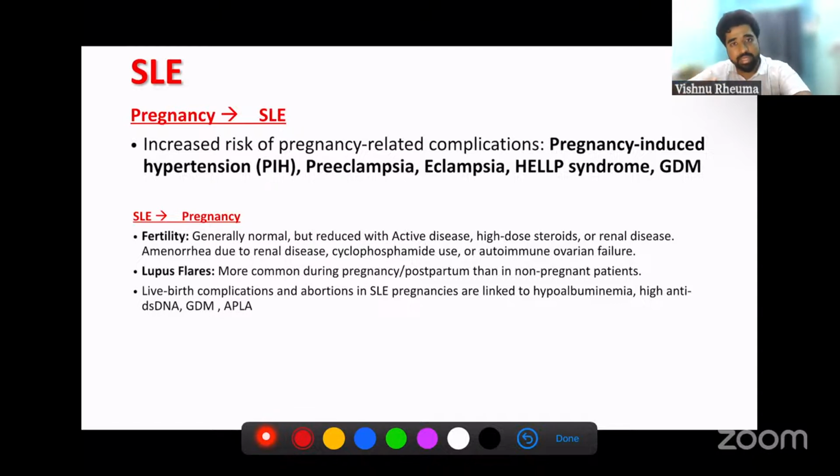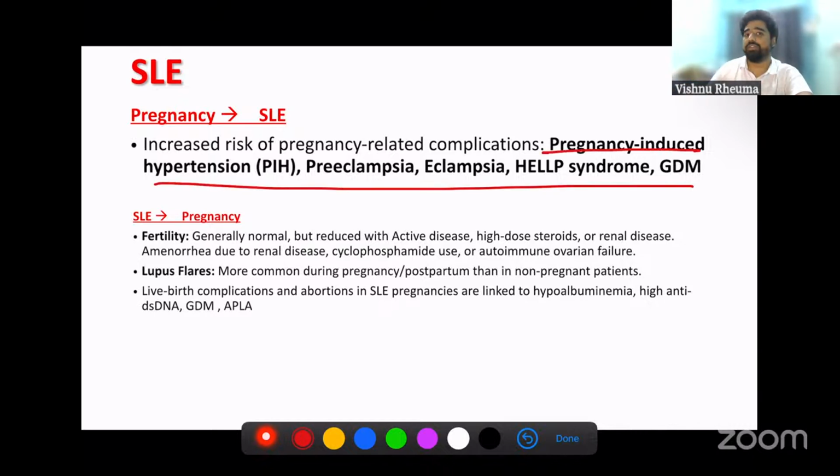So in pregnancy in SLE, there will be an increased risk of pregnancy related complications, like all of those hypertensive complications that I told you about, because SLE itself modifies a lot of vasculature. So vascular remodeling happens a lot in SLE, and that leads to increased placental insufficiency, leading to hypertension and vice versa, right? So SLE